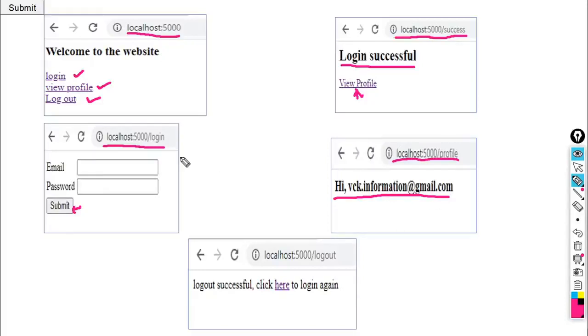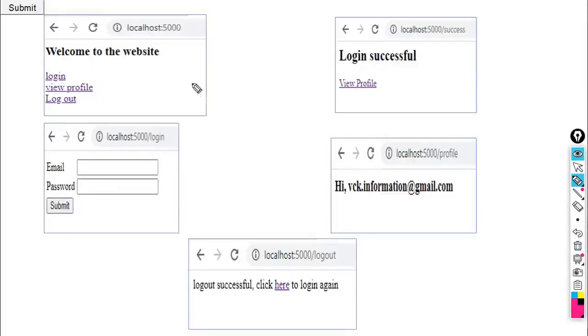vck.information@gmail.com. Look here, what is the sequence? First you will get this home page. In the home page, three links are provided: login link, view profile, and logout. When you click on login, it will automatically invoke this URL and ask for email ID and password.